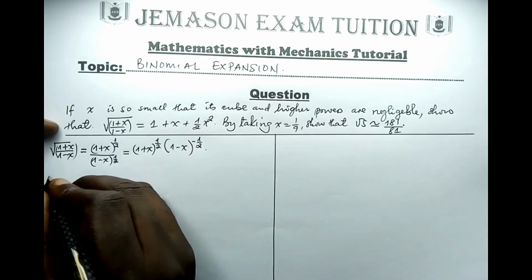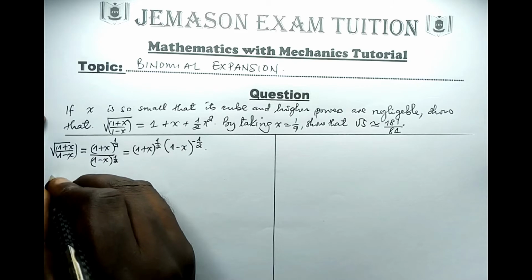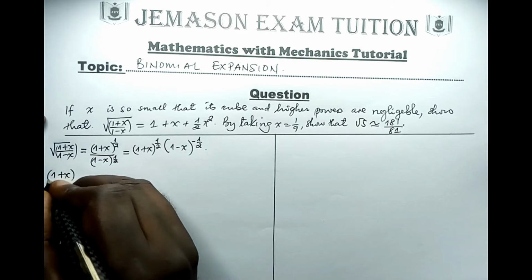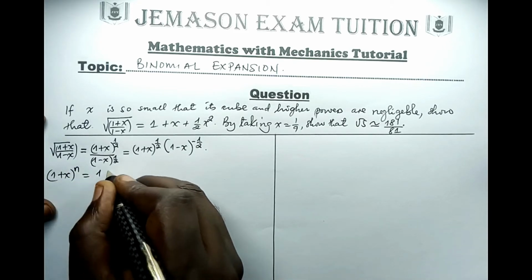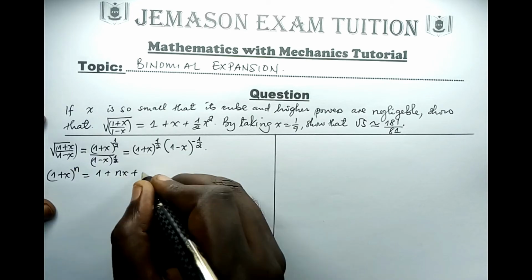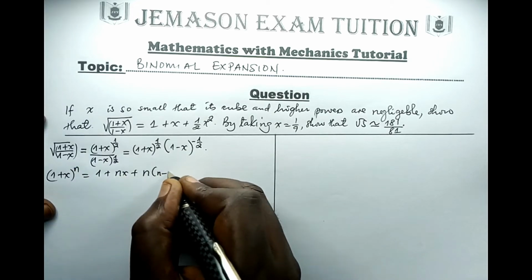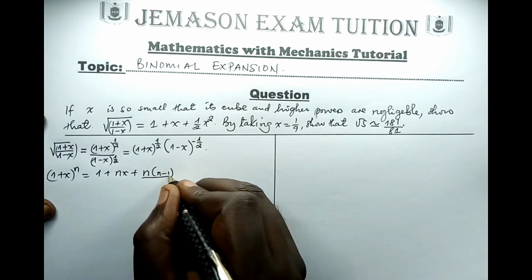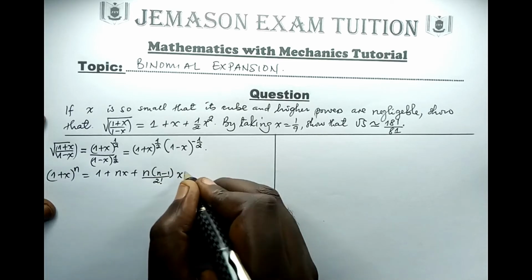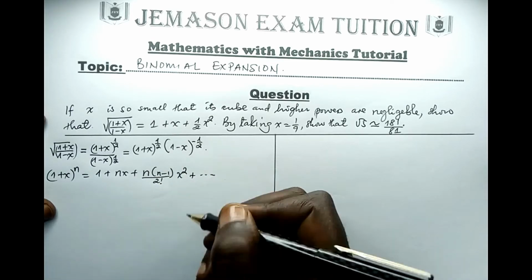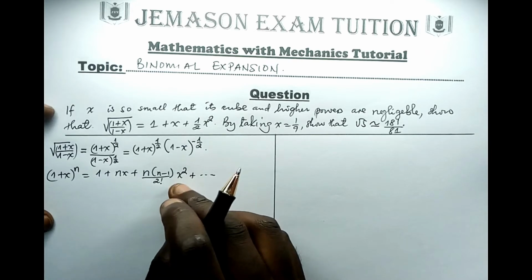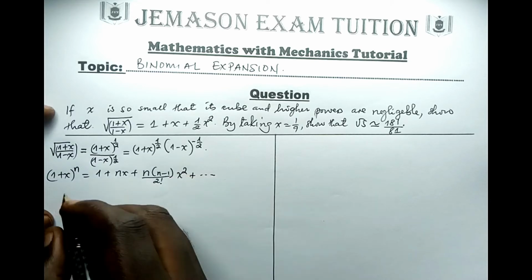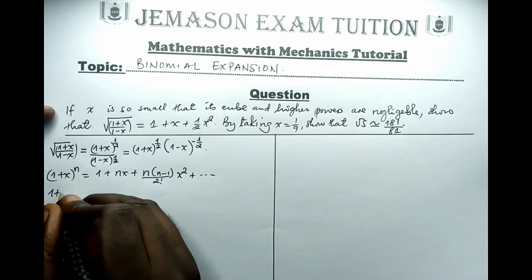In order to expand, I will make use of the formula (1 plus x) to the n equals 1 plus nx plus n into (n minus 1) all over 2 factorial x squared. The formula is found in the formula booklet, so if you can't recall it, always go to the formula booklet to get it. So if I start with the first expansion,